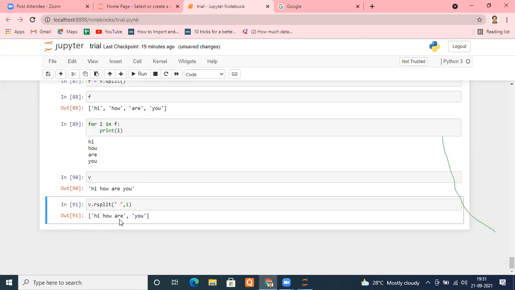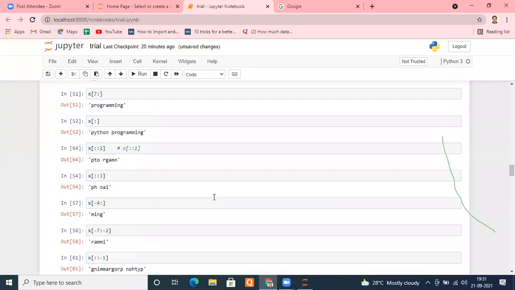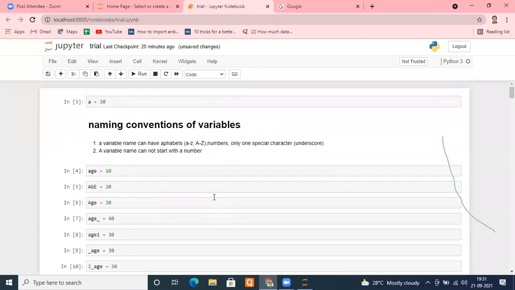Tell me, is it fine? The difference between split and rsplit. Yeah. So I think it's enough for the day. Lots of functions we have done, right? I'll share this sheet very soon and we'll continue tomorrow. There are a few more string functions remaining, and then we'll move ahead. Is it fine? Hope the class was meaningful for everyone.